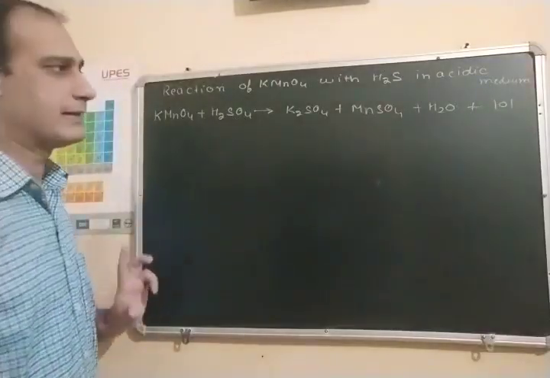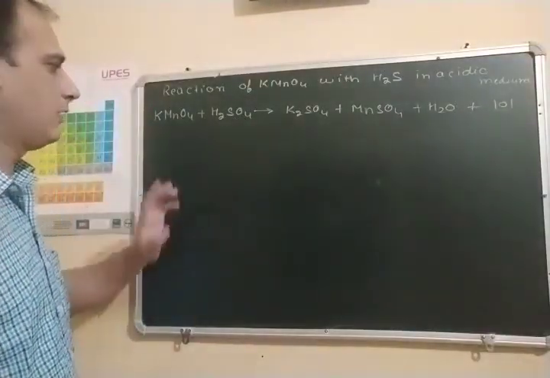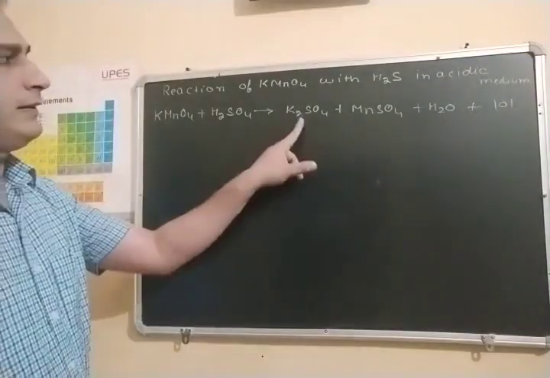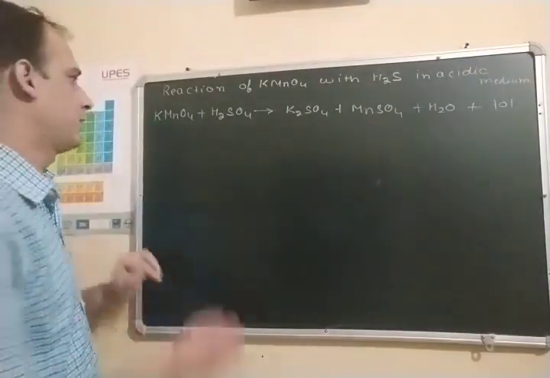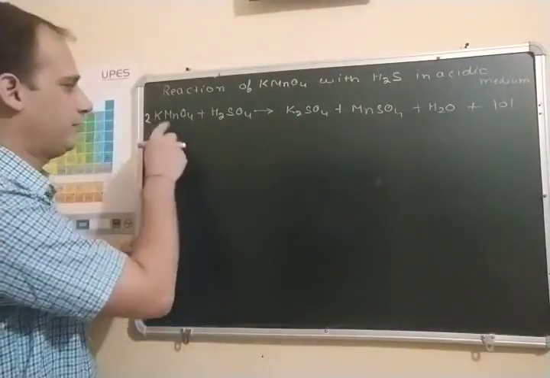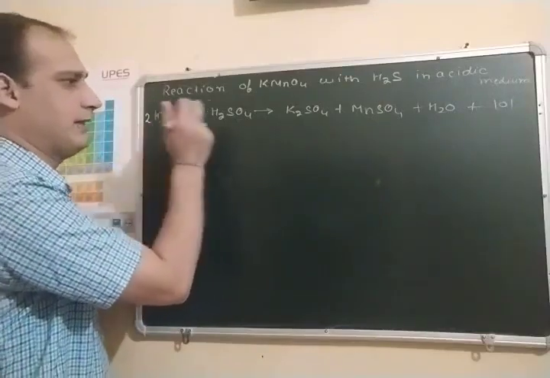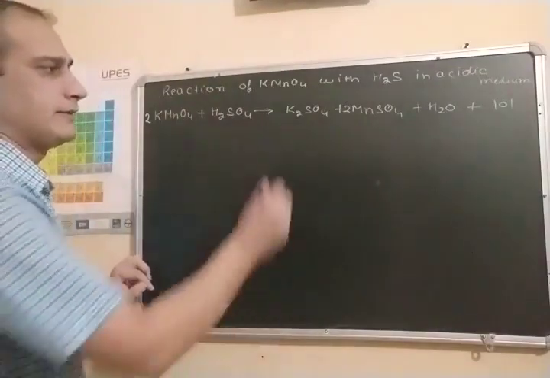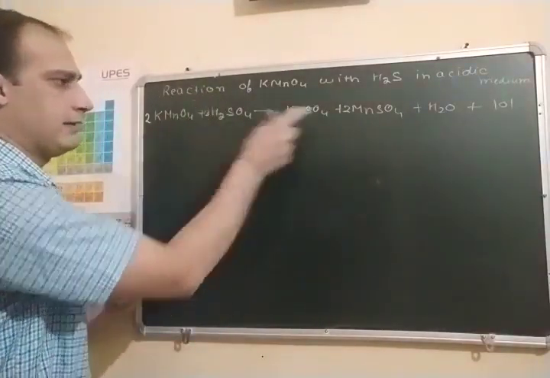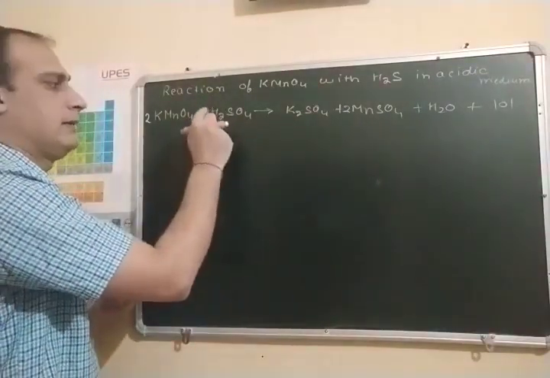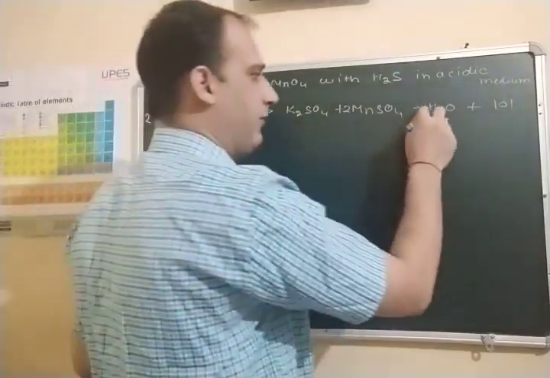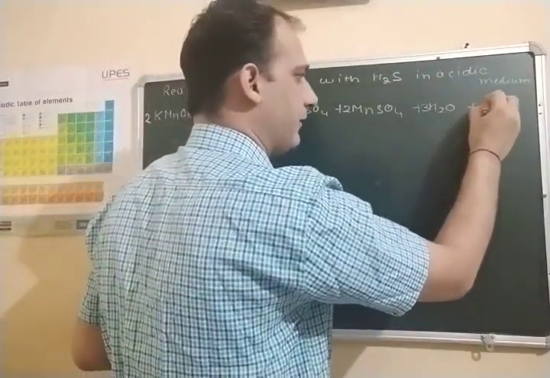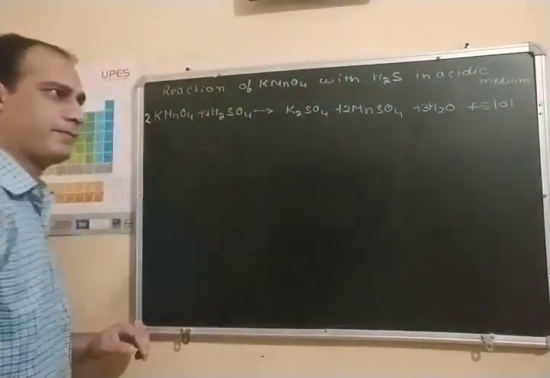I had told you the easiest way to balance the equation. How will you balance the equation? See, here you will see 2 potassium atoms, so you will multiply here by 2, and here you will have 2 manganese, so you will multiply here by 2, and sulfate, there are 3 sulfate ions, so 3H2SO4, it will form 3 water molecules and there will be 5 nascent oxygen.